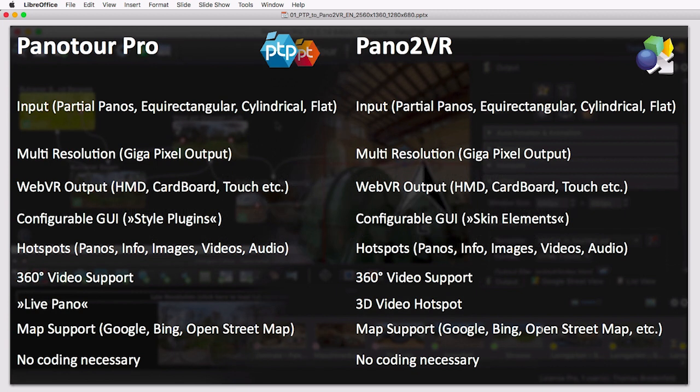For some core features, let's have a side-by-side table and walk through it to be sure that Pano2 VR is a really serious replacement for Pano2 Pro. Both programs can be used with different formats of input. Pano2 Pro and Pano2 VR can be run with input from different panorama flavors: partial panos, which are not 360 but only sections of a sphere, equirectangular, which is mostly used when it comes to 360 interactive content, cylindrical panos,